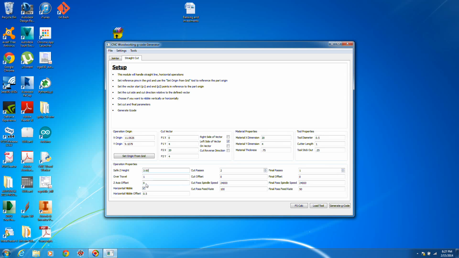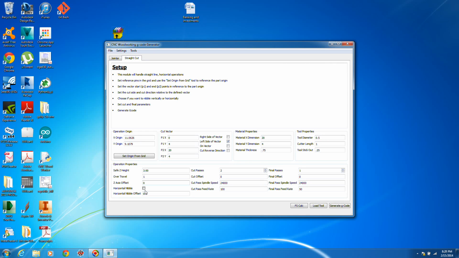Okay, so z-axis offset, in this case, we're going to reference against the table to make that cut. And so we want to leave that offset at 0 so it doesn't cut into our table at all. It may leave a very thin piece on the bottom, but just a quick wipe with sandpaper takes that right off. All right, I'll talk about this in a minute, but we'll leave that off for right now